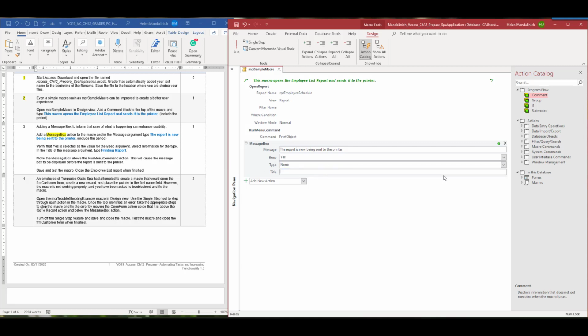We're going to leave that type of none, and then in the title we're going to say printing report. So let's see if we have everything we need. And I believe we have it all. If you look at the placement of this, the message is displayed after the print has been done, like it's after the fact. So what we want to do is move this message before we run